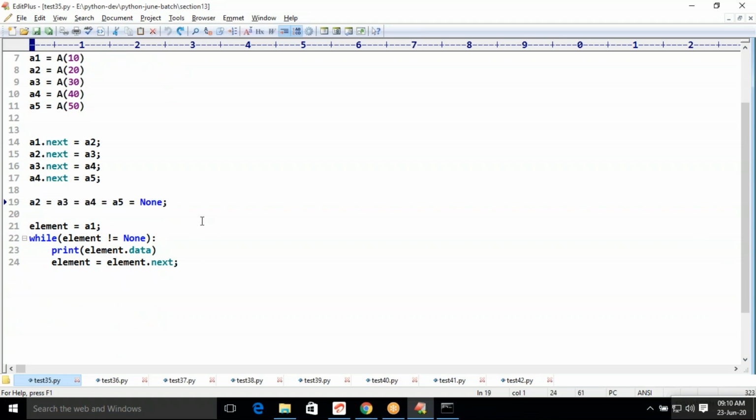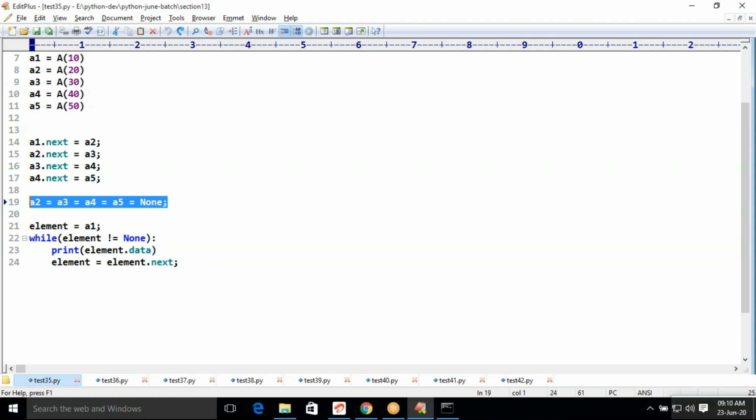Even though this statement is there, you remove the A2, A3, A4, A5 references. You have removed the A2, A3, A4, A5 references. Even though you have removed them, still all 5 objects are referred to by the reference A1 in the program.